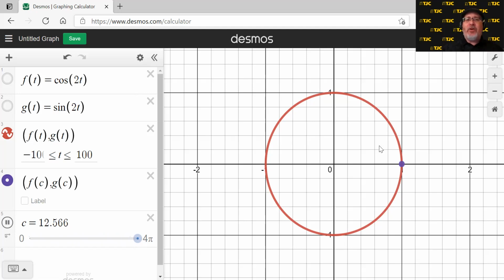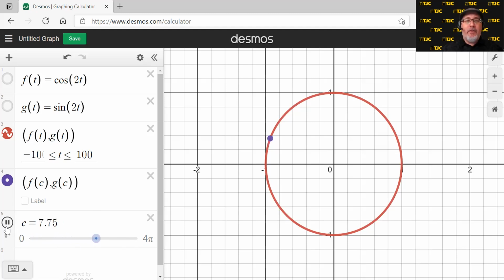The period of sine and cosine is 2 pi. If you put a 2 in front of this t, you're doubling the speed at which you travel, meaning it takes half the time to get there. So instead of the period being 2 pi, it'd be cut in half and it's just pi. And since our parameter is going from 0 to 4 pi, it's making 4 periods and hence 4 trips around the circle. 1,